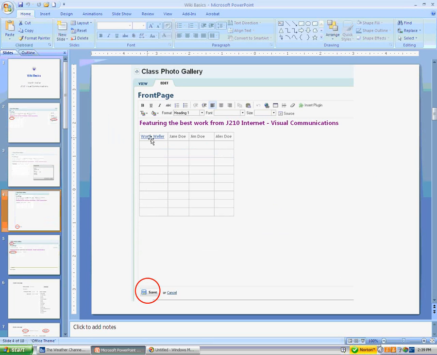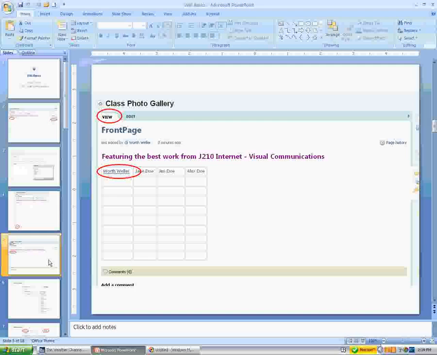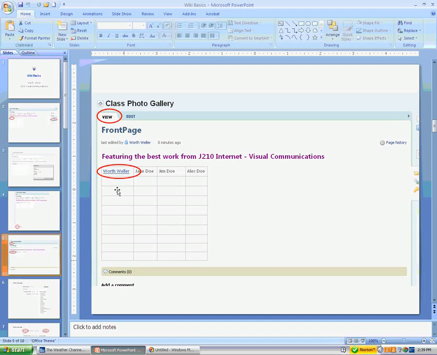So you'll see then that your name is actually linked now. Now the next thing you have to do, this is not entirely intuitive, you have to click on the Save command down here, because you have to save what you've just done before you can do anything else. When you click there, it's going to take you into the View tab, and it will have saved everything. It will have saved your link. You can see it's blue, and it has an underline, so you know you have a live link now. And notice you're in the View command. While you're still in the View command, click on your name,